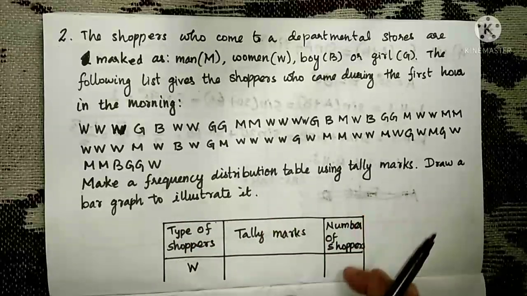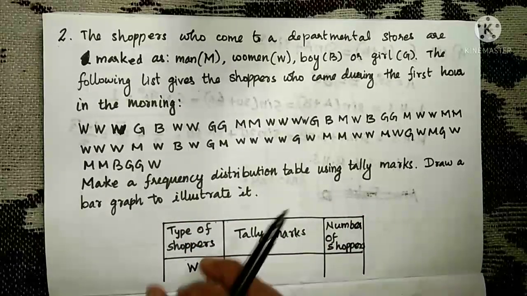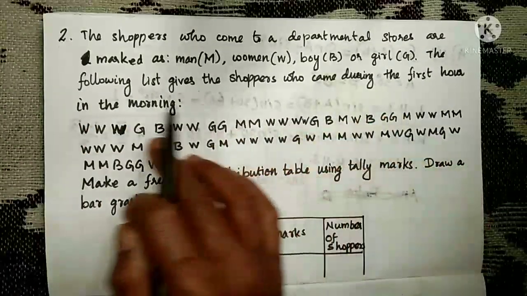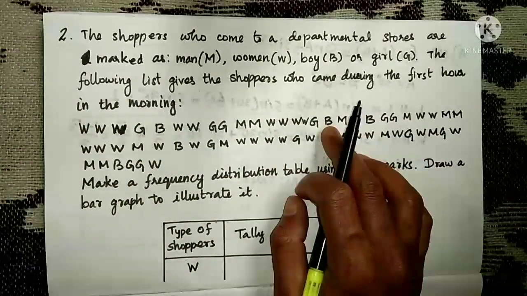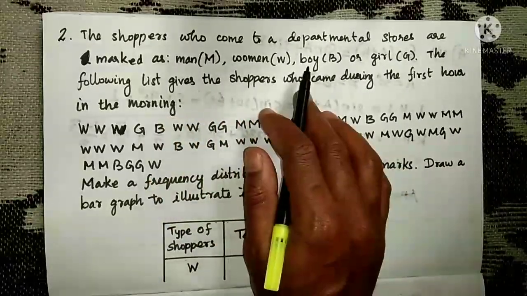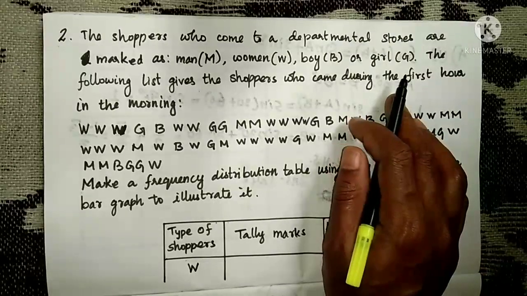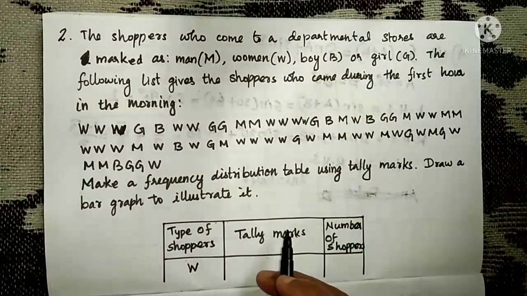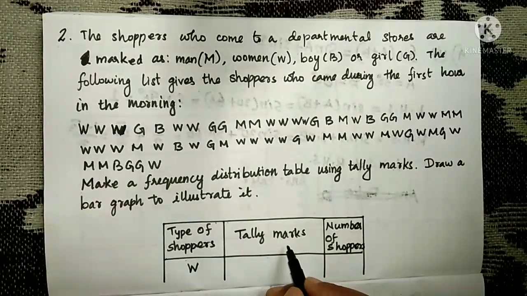So for a tally marks table we will have 3 columns. First, the information given. So what is this? This is the type of shoppers. Okay, so men, woman, boy and girl. These are the types of shoppers, customers. Then tally marks